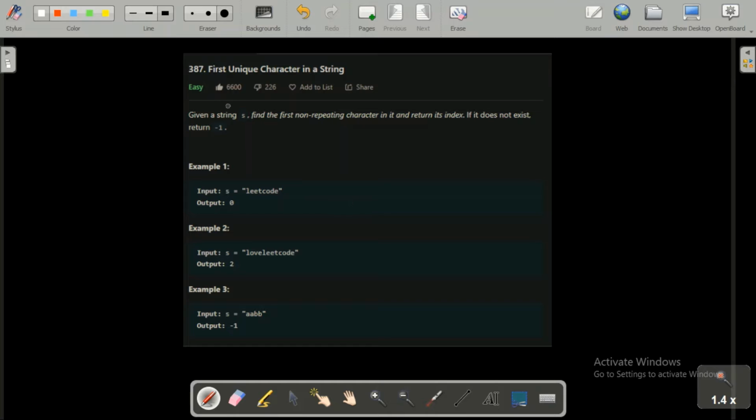Alright, so far we have seen what we need to find in this question. So now let's jump into the approaches. How can we solve this question? There are many ways to solve this question, but in this video we will see using a hash map. One approach would be using a hash map, and another approach would be